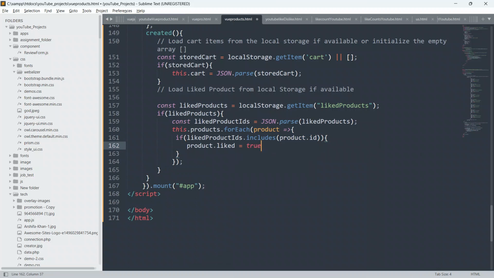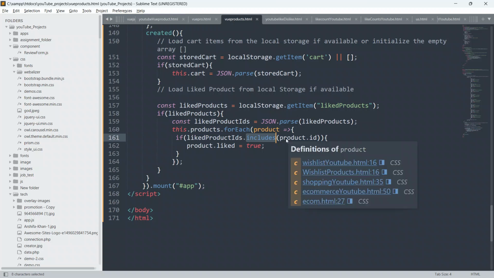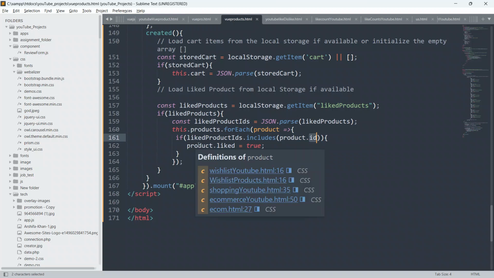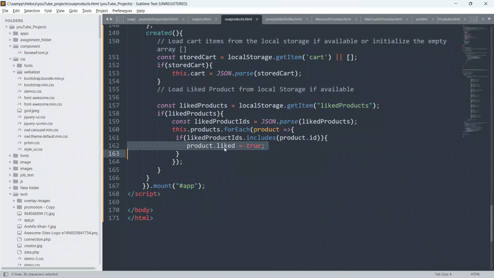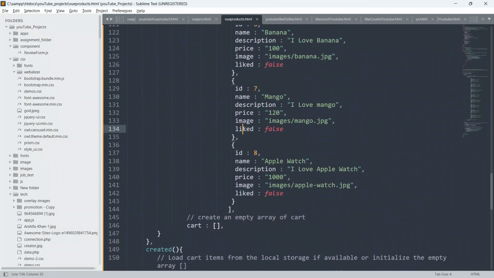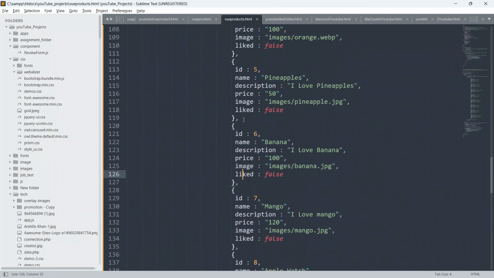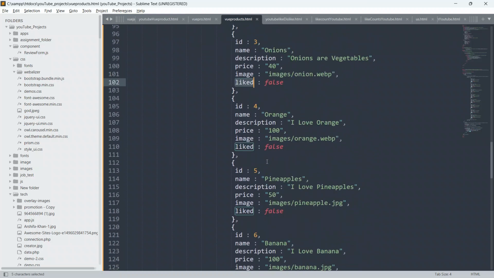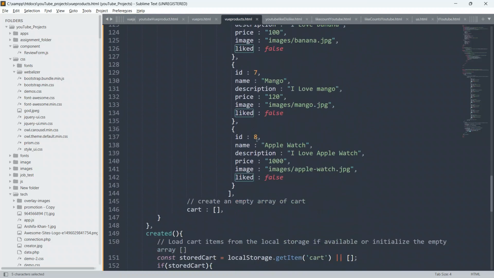So if the id is there, it will set product dot liked equal to true. As of now, all the liked values are false.